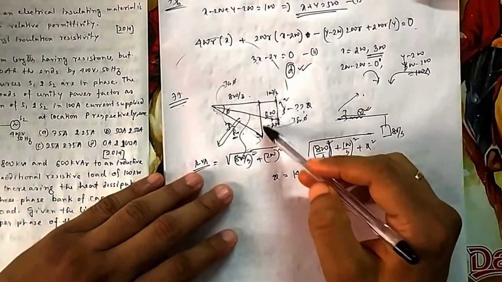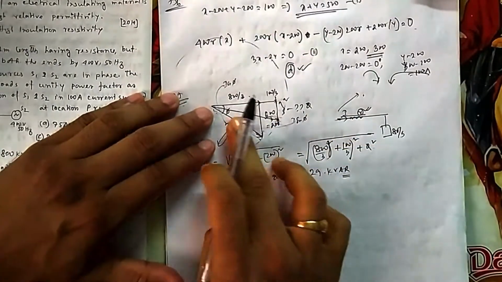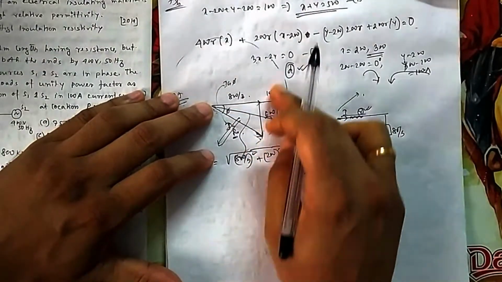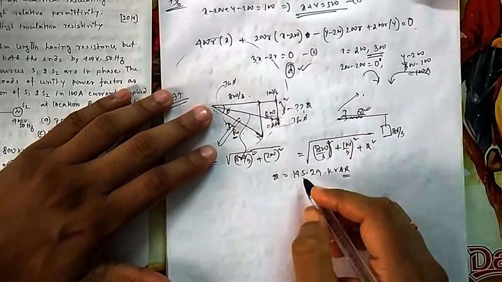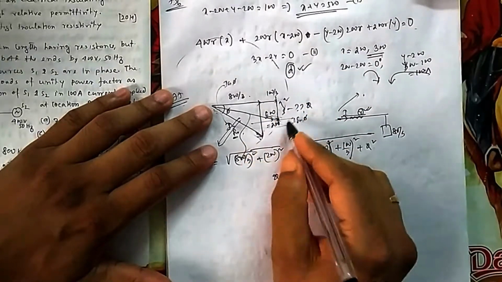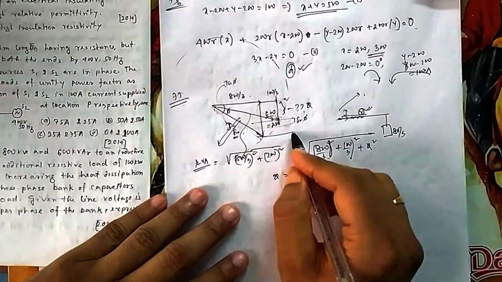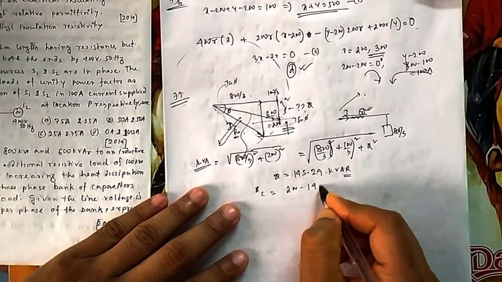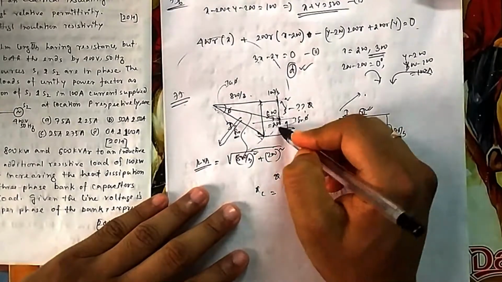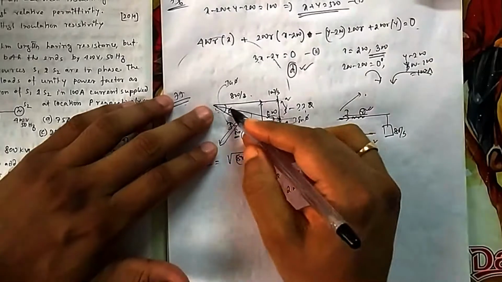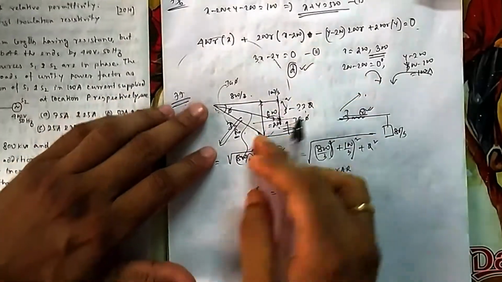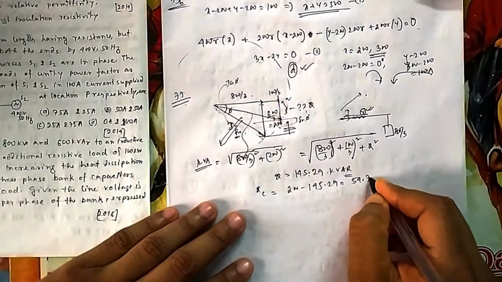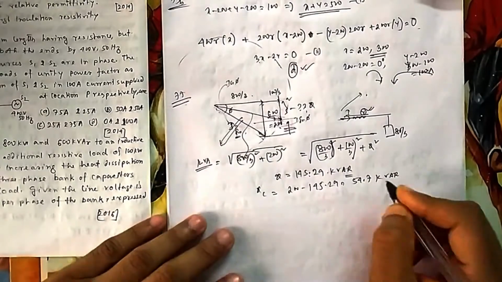So now you can say earlier it was taking 200 kVAr, now it is reduced, because you want to take the same current, so you have improved the power factor. You make it a circle so that this radius becomes the same. So now it is becoming 145. So where has the rest of this 200 gone? This was supplied by the capacitor. So capacitor QC should be equal to 200 minus the load Q. The load Q demand was 200, but now you are feeding this one. Because you have improved the power factor, your I remains the same. So now the QC requirement is around 54.7 kVAr. So that should be QC.